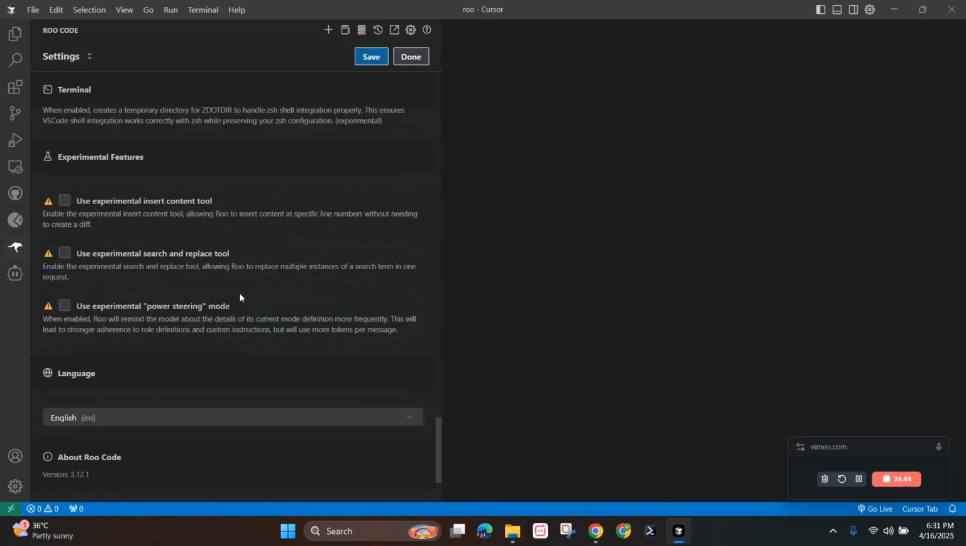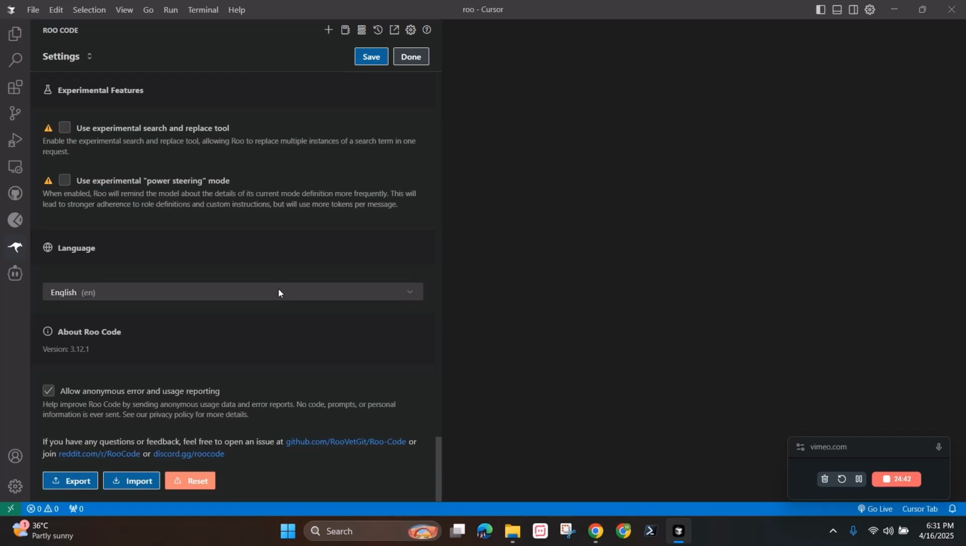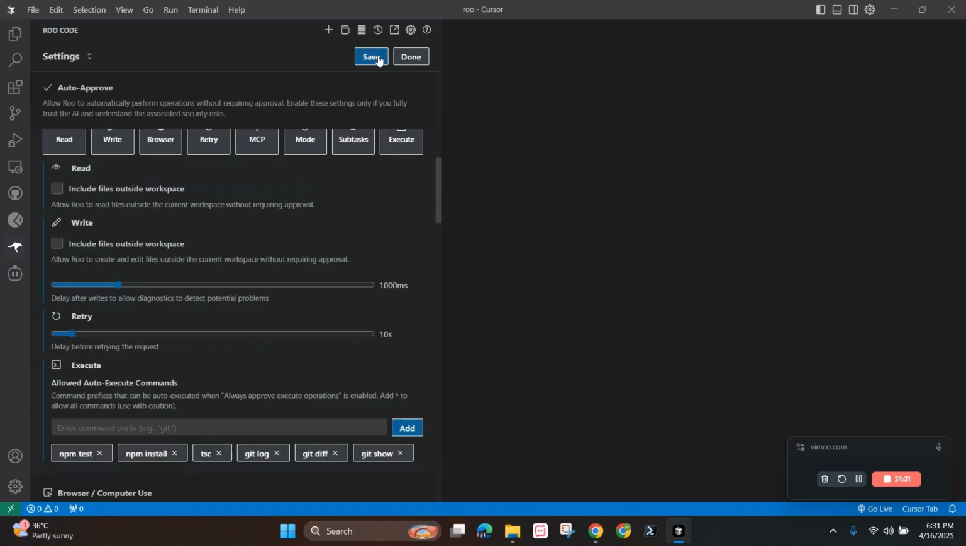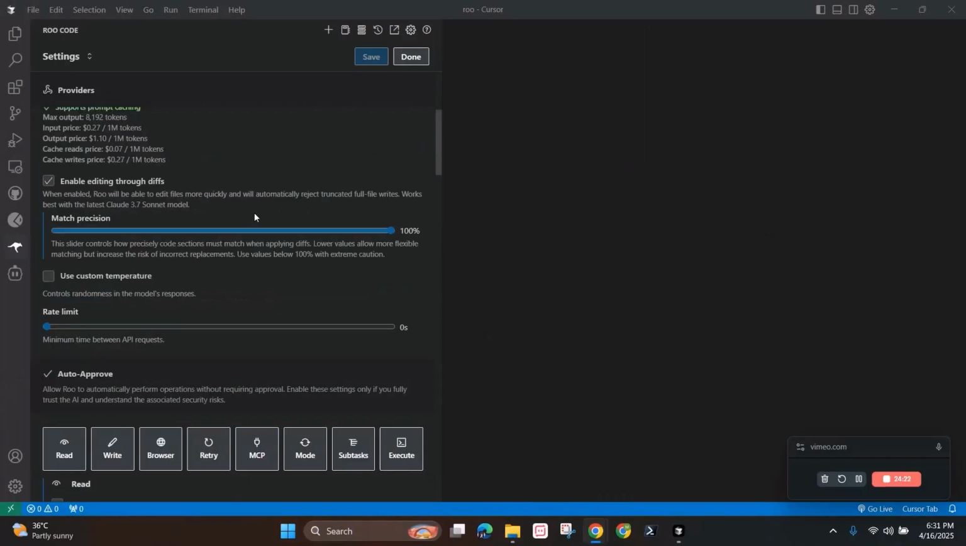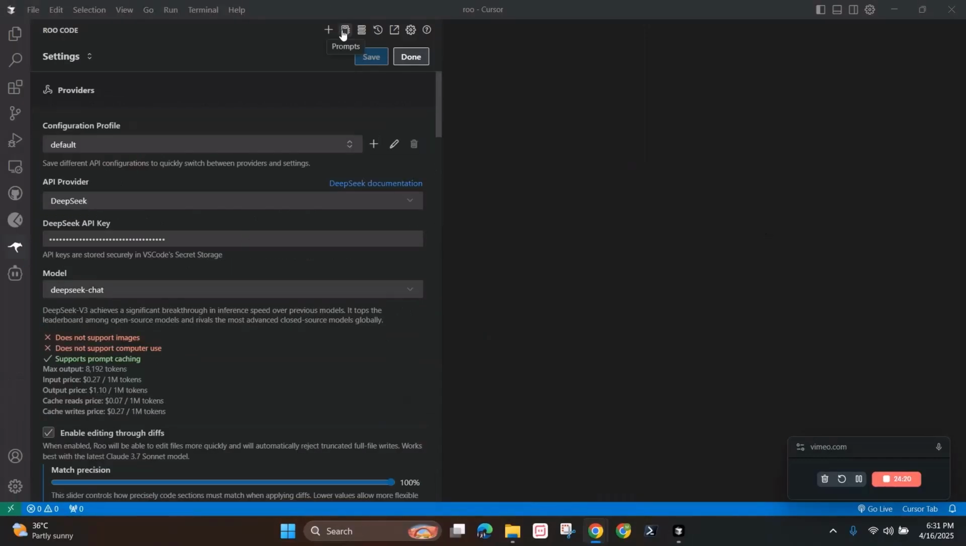These are the experimental features they are working on. You can also import and export your history, your chats. So I would say save. All right. Okay, so now what we'll do is